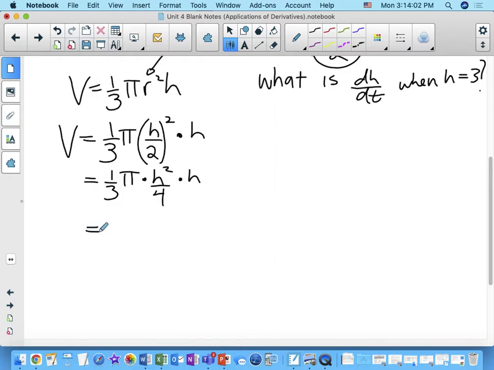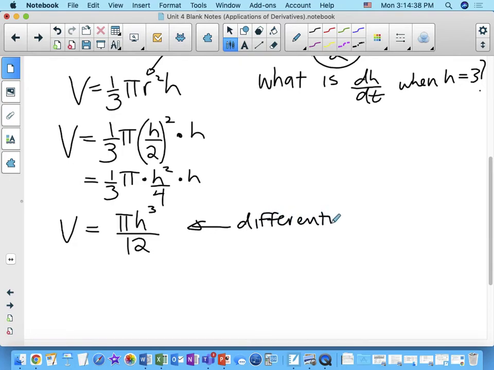That is over 12, right? And then in the numerator, I've got pi h cubed. Okay, so now I've got volume only related to h for this specific cone, right? Because of course in other cones, you're not going to have that same relationship where the height is exactly twice the radius. Okay, and now we can